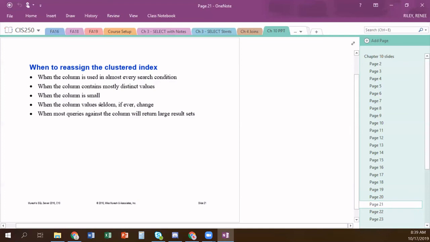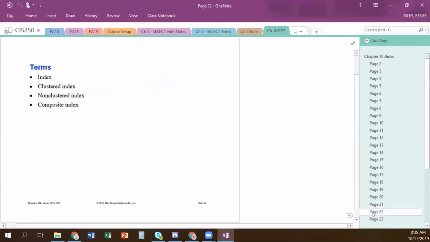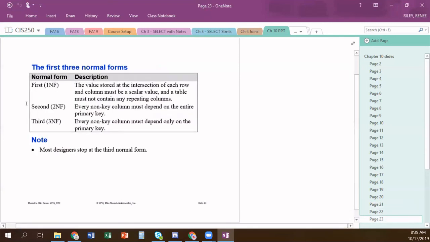We want the column to be small, with values that hardly ever change, like someone's name or a company name. We can really affect the performance of our database. A composite index is one that's created on multiple attributes, maybe like last name and first name, and we can create an index like that also. Sometimes when you look at normal forms, it will be noted like this: 1NF for first normal form, 2NF for second normal form, and 3NF for third normal form. Okay,